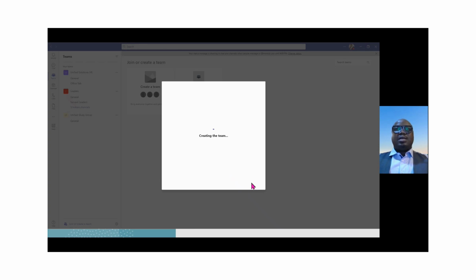It can take a little while, so bear with me, but it's creating our team right now. You can see on my screen it says creating the team. It says feel free to close this window and go to other things, and it's going to let us know when our team is ready.